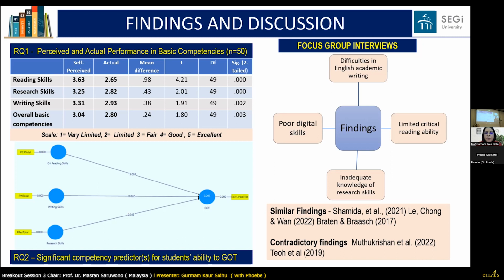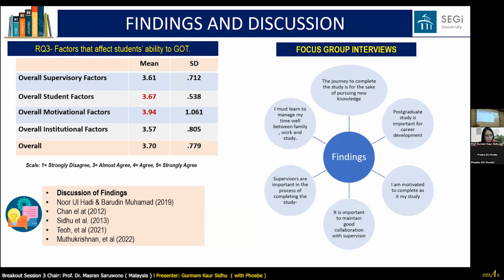If postgraduate students are able to effectively and critically read journal articles, they will learn how to write well in their thesis. Nonetheless, this finding was contradictory to findings by Muthukrishnan et al. and Teo that conducted a similar study in a public university, and they found that research skills were the significant factor.